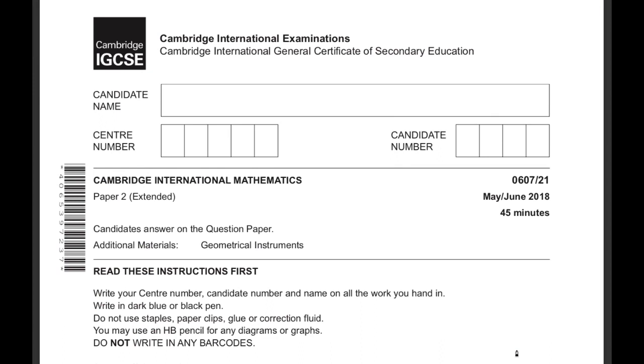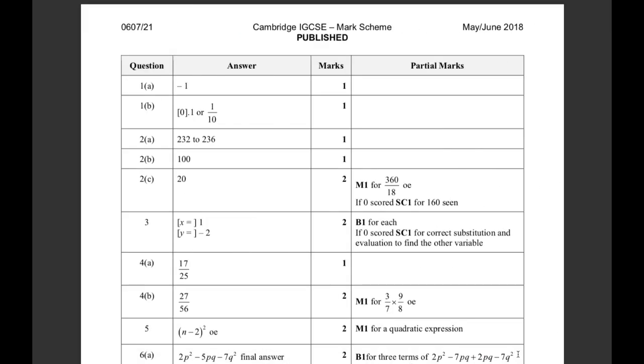Today we are going to look at 060721, the May-June 2018 paper. I see my 2.3 version was very popular, so I'm going to go through another walkthrough on this particular paper, with a little twist. I've tried to improve it considering what I did last time. I have the paper here in front of you, but I've also included the mark